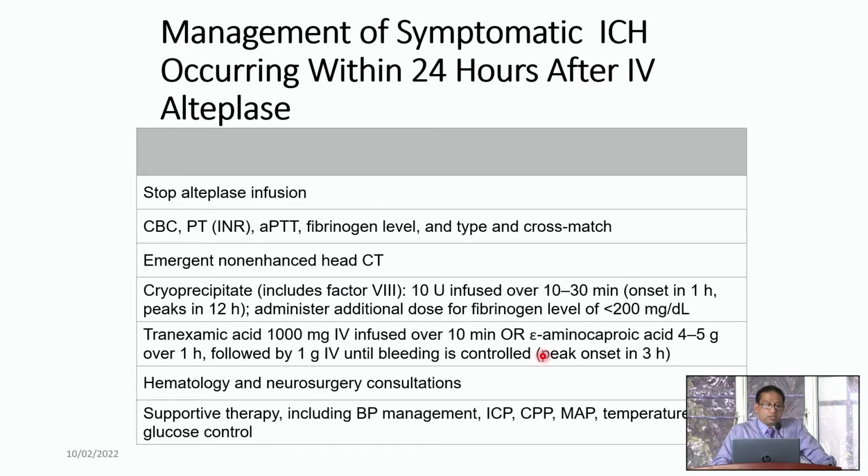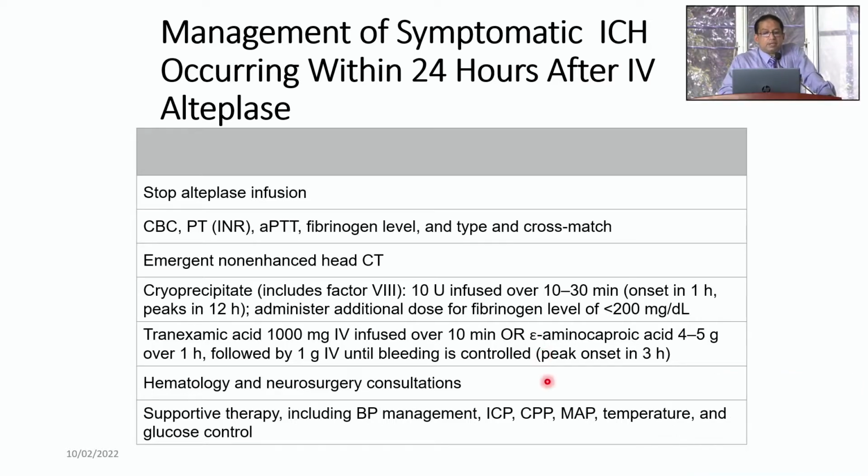So symptomatic ICH, most of the time you need to do the clotting screens and repeat them. If the patient has any deterioration of the neurological deficit, you need to repeat the CT scans. So get the transfusion specialist involved to correct the coagulopathy, and neurosurgical intervention may be needed in patients with large